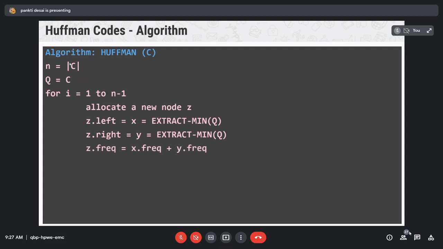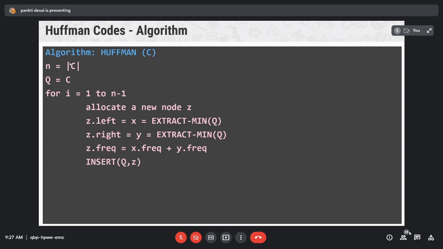Then next, you have to add the frequencies to create a new internal node. So what will be the frequency of the new internal node Z that you created? Z frequency is equal to the frequency of x plus the frequency of y. That means you add the frequencies of the two extracted nodes. That will be the frequency for the newly created node.